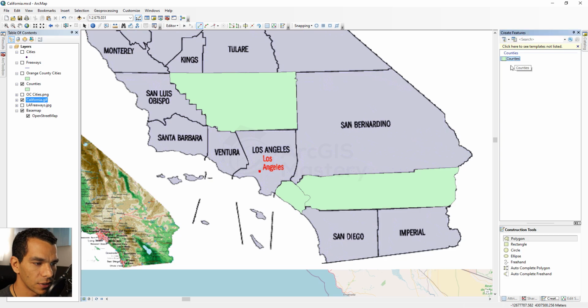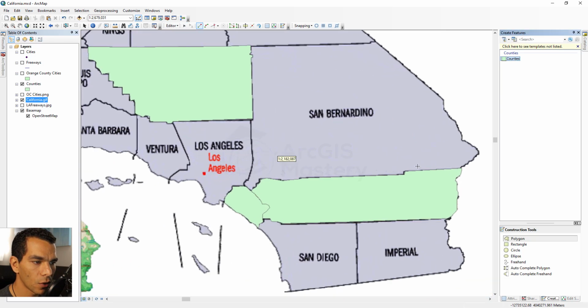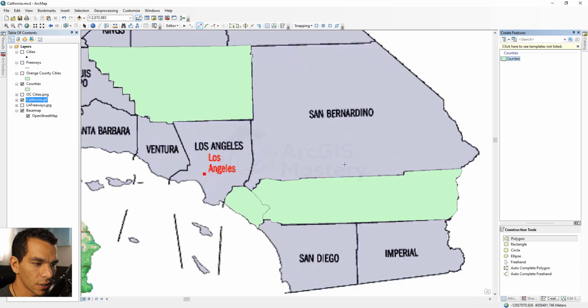and we are going to choose the counties, and we are going to draw the counties from here. So one of the things I want you to know is that there is an easy way to draw the connected polygons other than the snapping as we used in the previous video. We can actually come here and check these options here. So these options here, it tells you that here you can draw a regular polygon, and here you can draw the polygon is going to be a rectangle, and here's going to be a circle, and also